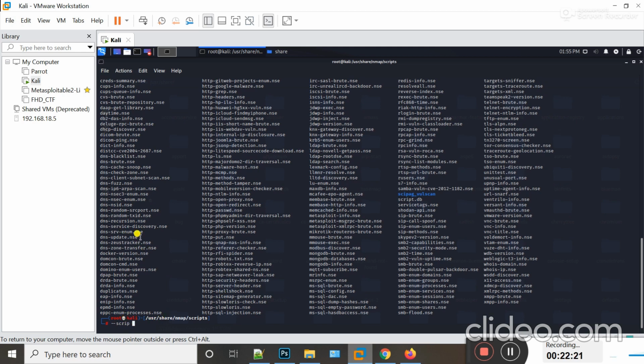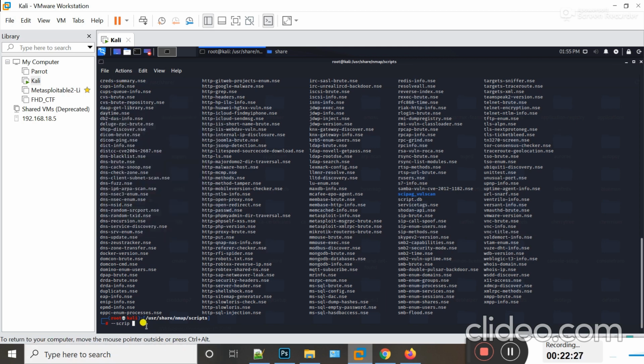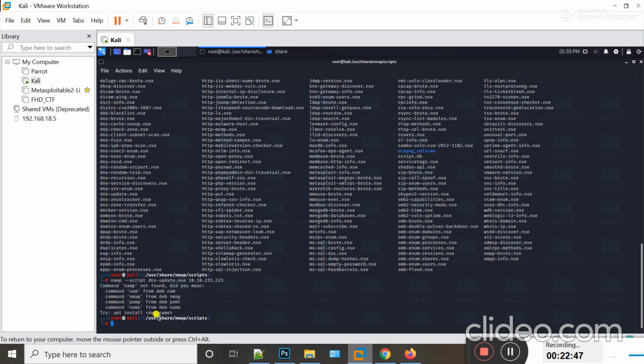If I want to use this script, I can copy this and then Control Shift V, and then type nmap, hyphen script to activate dns-update.nse, and then here I should put the address of the target machine against which I want to perform a scan.